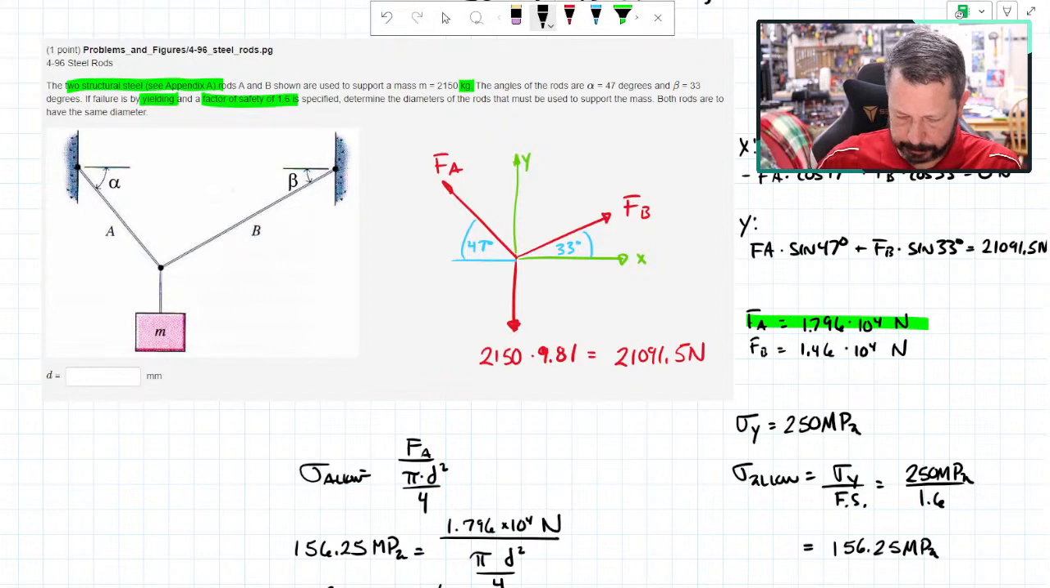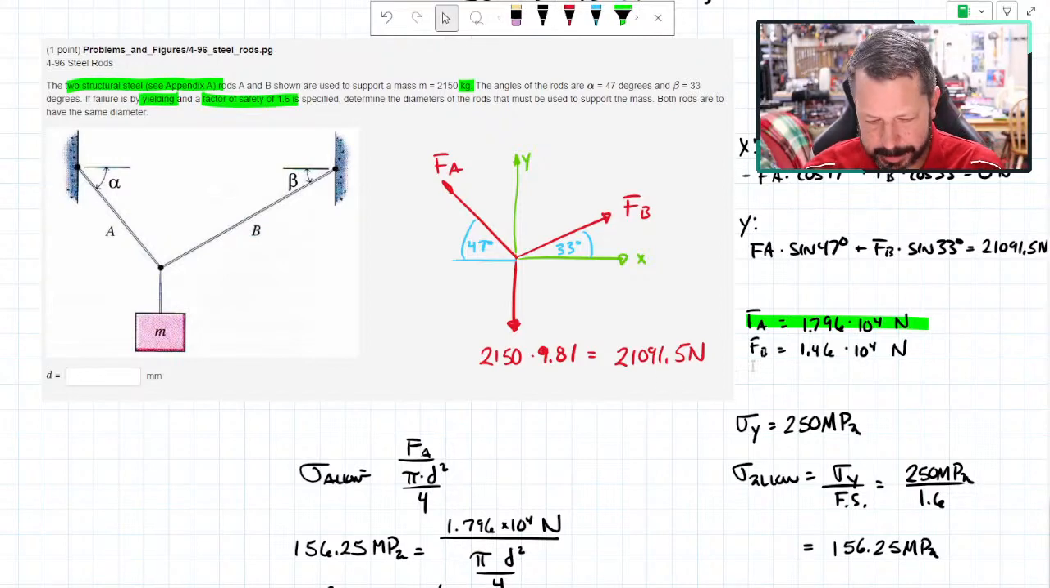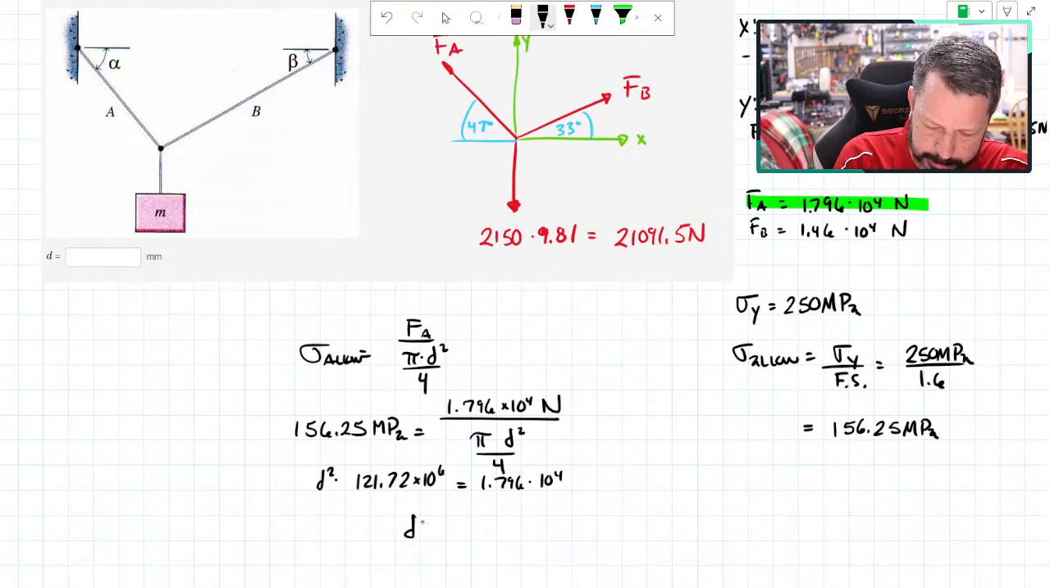Oh, wow. Is that going to, yeah, 1.796 times 10 to the 4th. Let's get all these in the same units. They're all kind of weird. 17,960 divided by 121.720. So I think probably should have put this in MathCAD is what I think. D squared equals